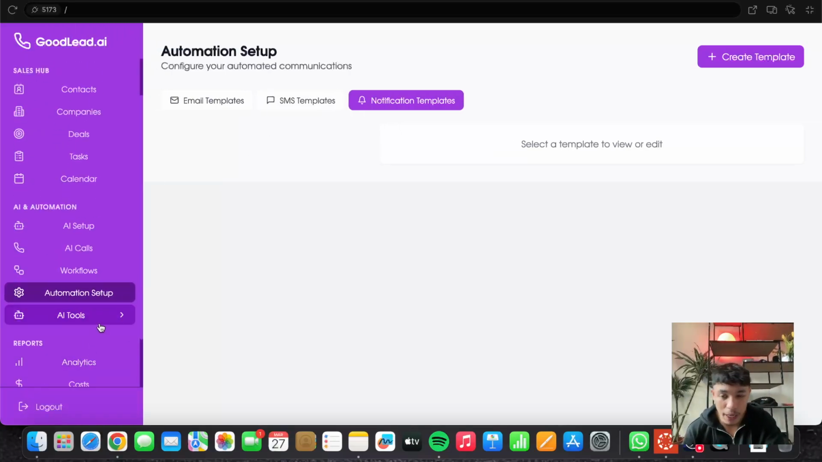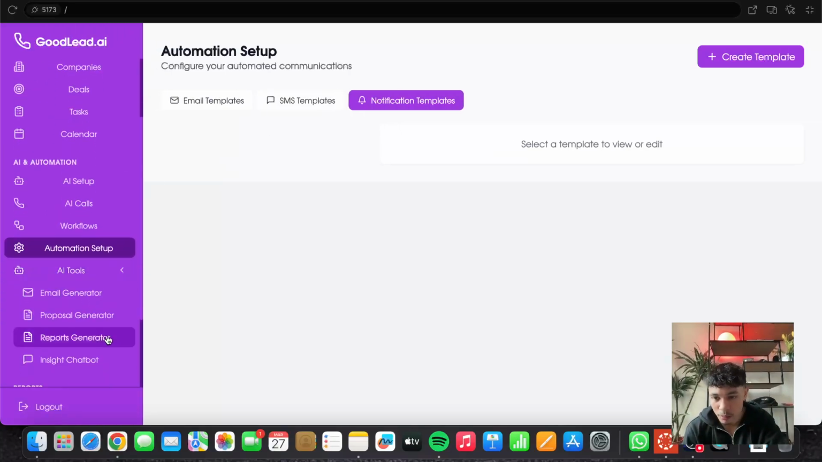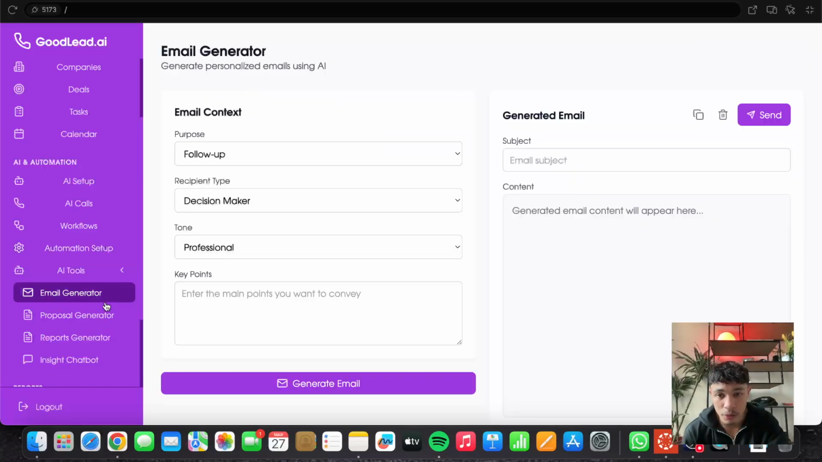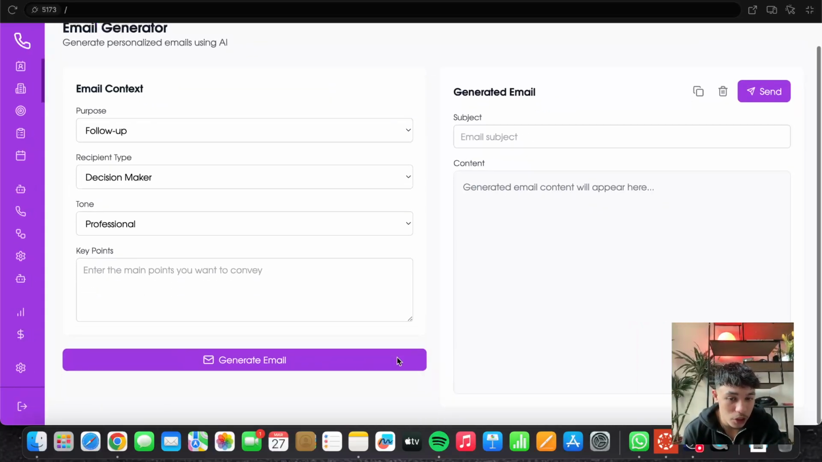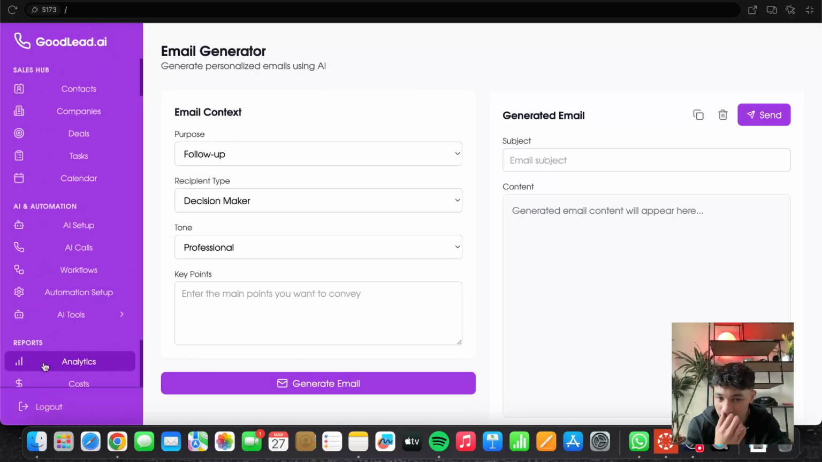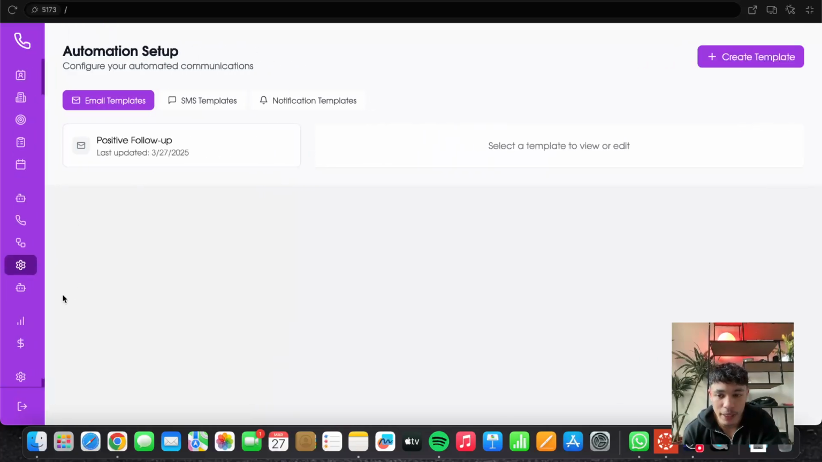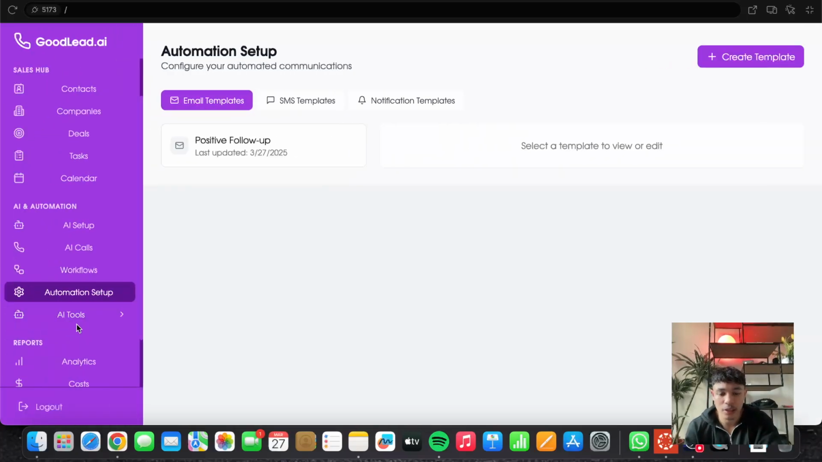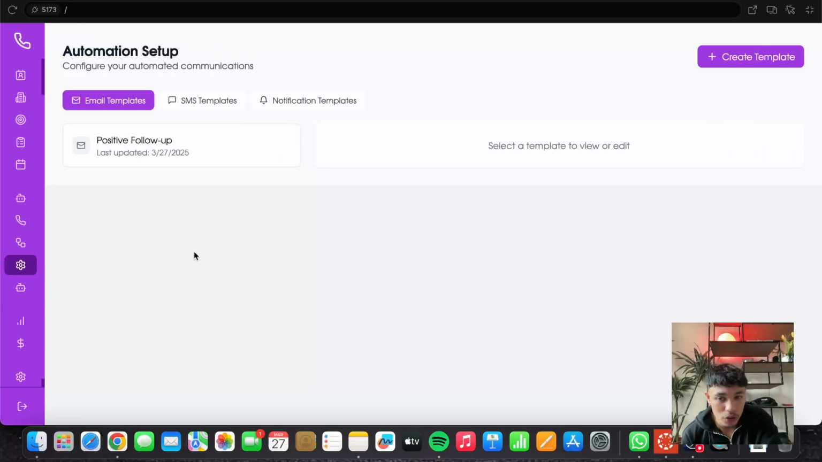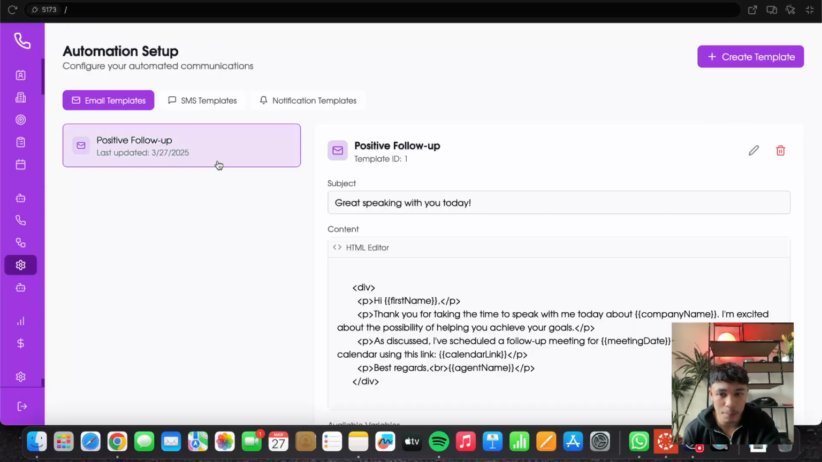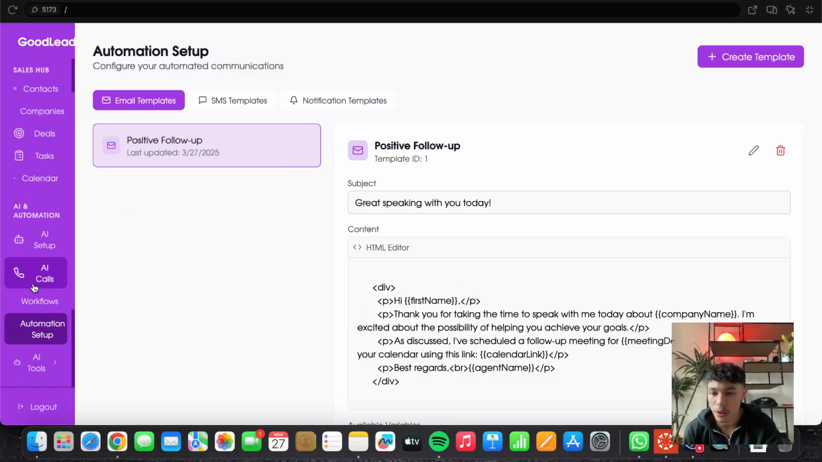We also have extra AI tools. Some of these will be premium features, etc. But we have email generators, so you're able to generate custom emails that are completely dynamic, that work with the data that you have here. So when you throw it into a template, you don't need to individually change the name. It will automatically change the name if you select the lead and say send this template to a lead. As you can see, it says hi first name, so it'll replace first name with